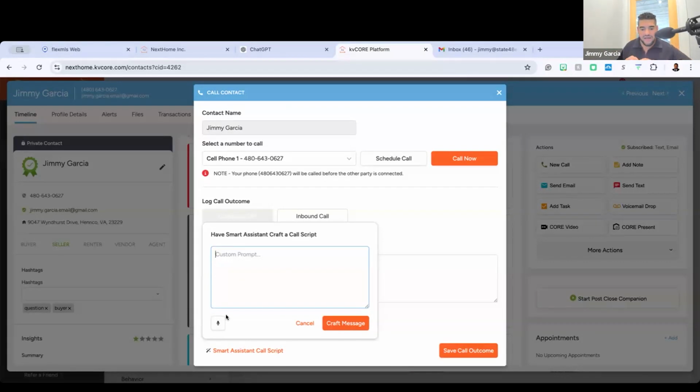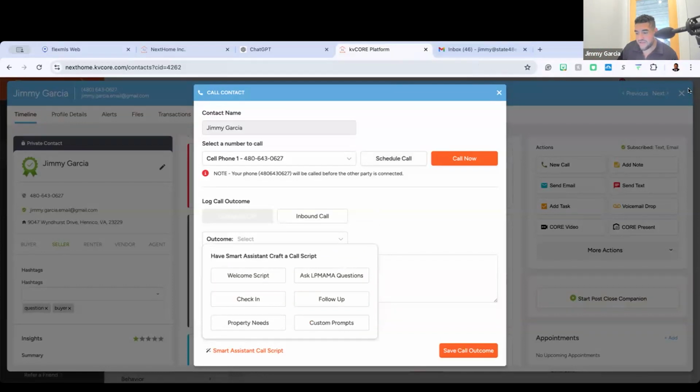So it's been really nice to see KV Core evolve over the past 7 to 8 years, but really in the past 3 years, where they're starting to incorporate more of these AI tools. So this is a fantastic one. It hopefully should remove a little bit of the phone fear. I know a lot of people are scared of getting on the phones, but if you just go in with a solid game plan and you can customize the script for the individual. Now, what they're going to do hasn't been released yet, but I know an upgrade that's going to happen is that it's going to create a smart script.